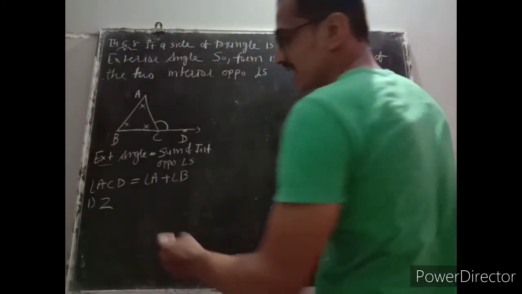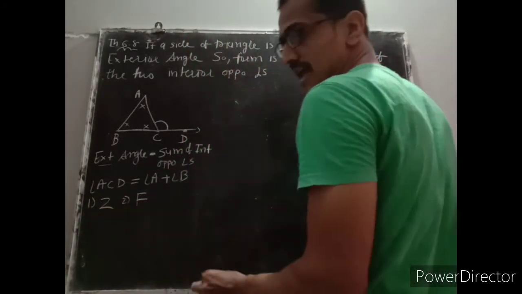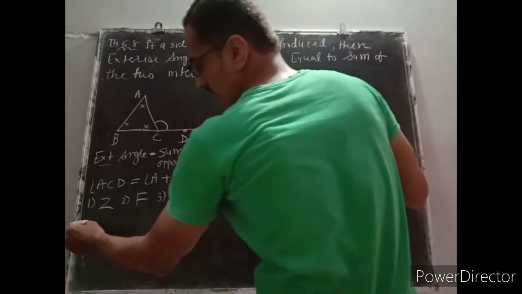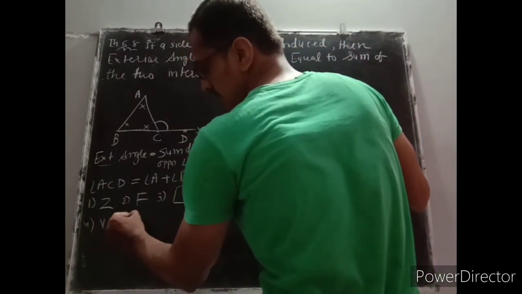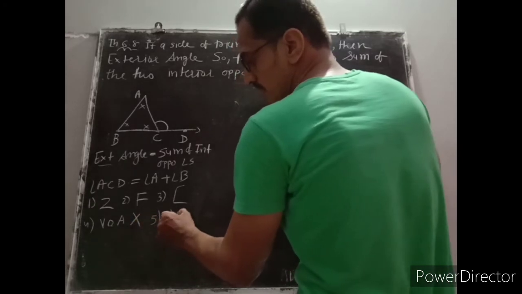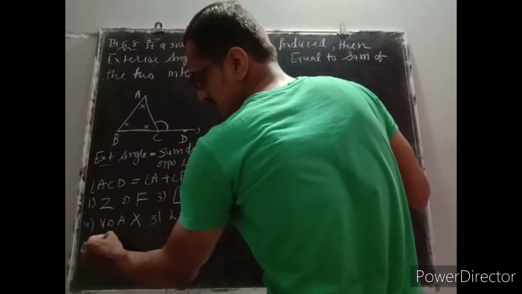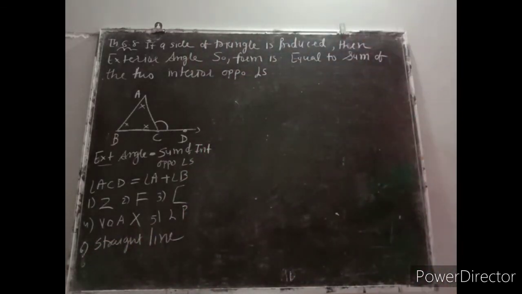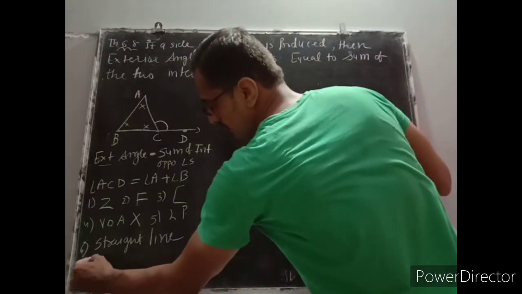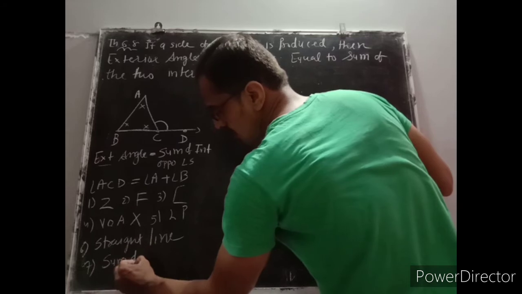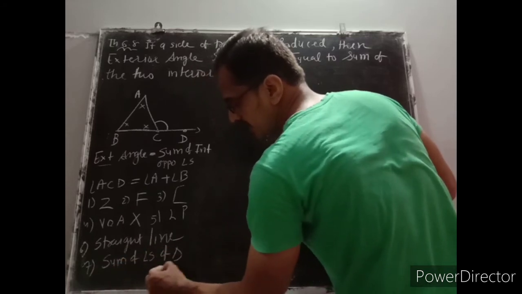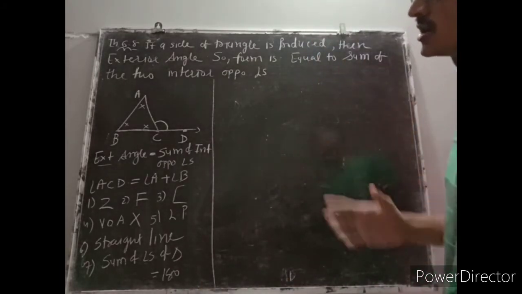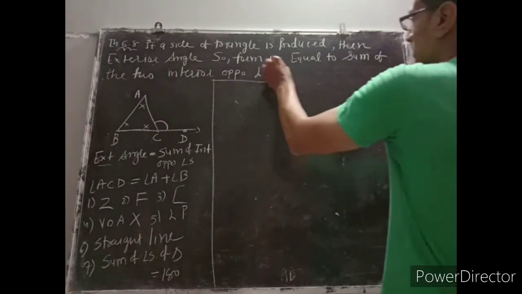Alternate pair of angles Z, corresponding F, interior opposite angle C, now it should be remembered, vertically opposite angle V, fifth linear pair, 6 angles on a straight line. This is all logic. And yes, 7, one more, sum of angles of triangle 180 degree. These all 7 logics you should know to solve the sum of exercise 6.3.